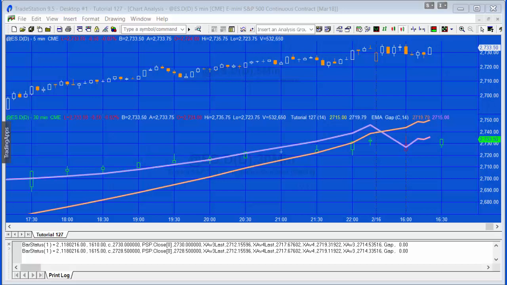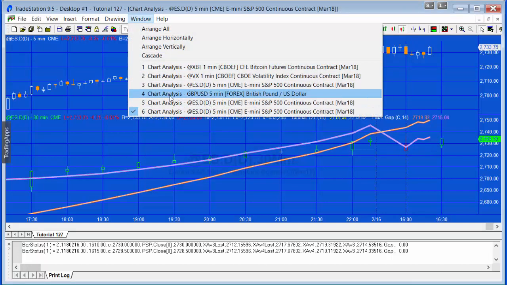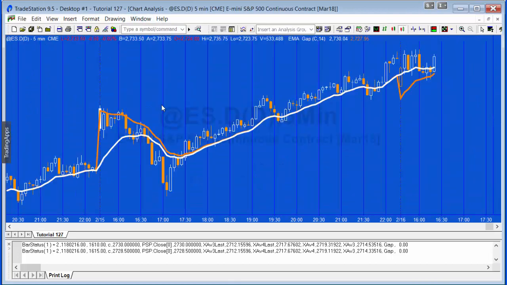Hello and welcome to tutorial 127, and in this tutorial we're going to be looking at the development of exponential moving averages, but those adjusted for price gaps. So let me give you an example. I've got such an indicator applied to a 5-minute E-mini here, and you can see the white line is the normal EMA and the orange line is one adjusted for the gap, and we'll look at the program for that